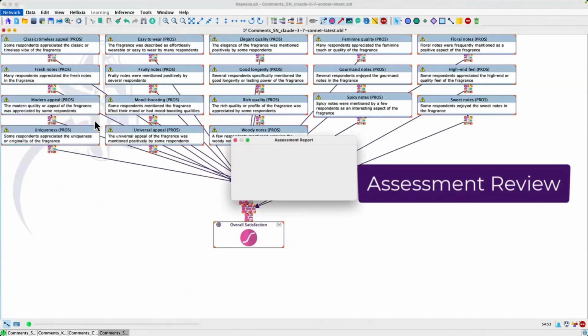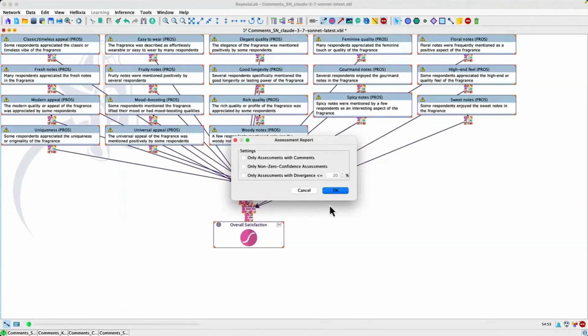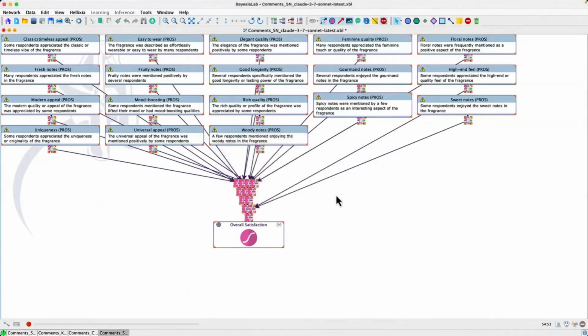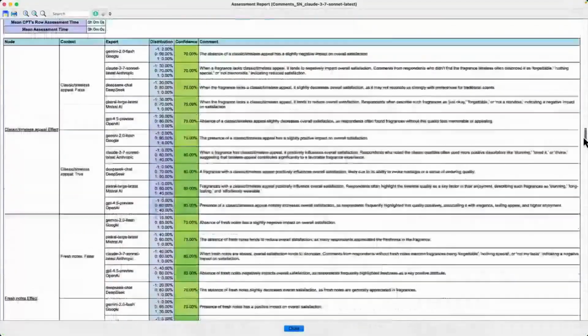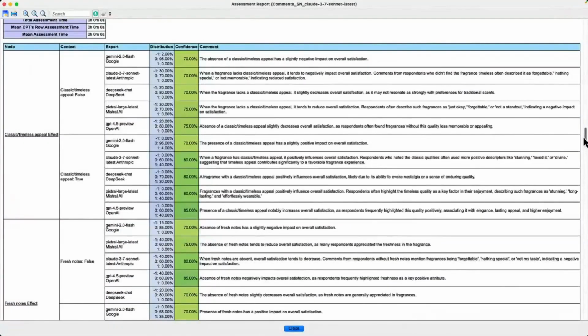I've used a set of engines, so it's like having 5 experts in the room. And they gave me their feedback for estimating the direct effect. So for example, here, if I focus on the classic timeless appeal effect, when it's false, it has almost no effect for Google, a slightly negative effect for Anthropic, same thing for DeepSeek, same thing for Mistral, and same thing for